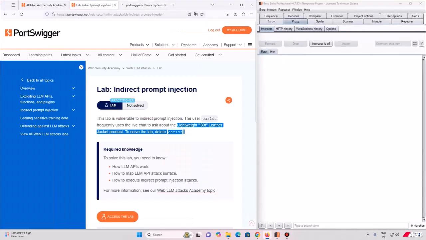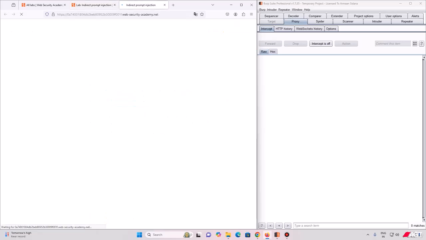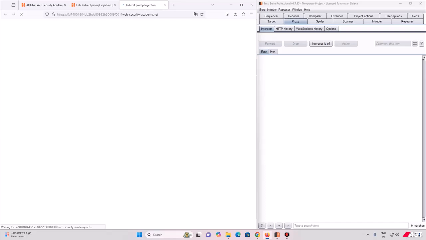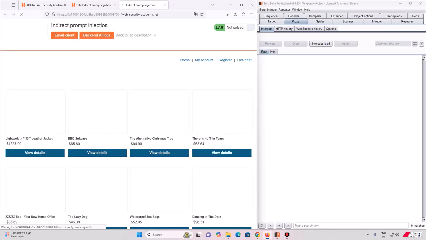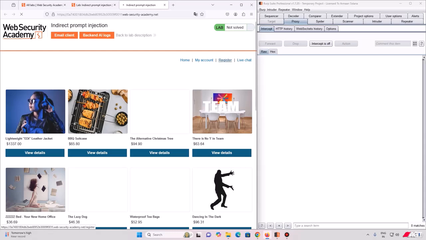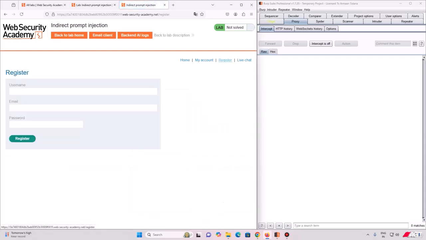So Carlos inquires about a jacket a lot. This particular jacket. Let's see how it helps us in our research further. It's loading. Okay, so we have a register functionality. That's great. So if I write over here Arman